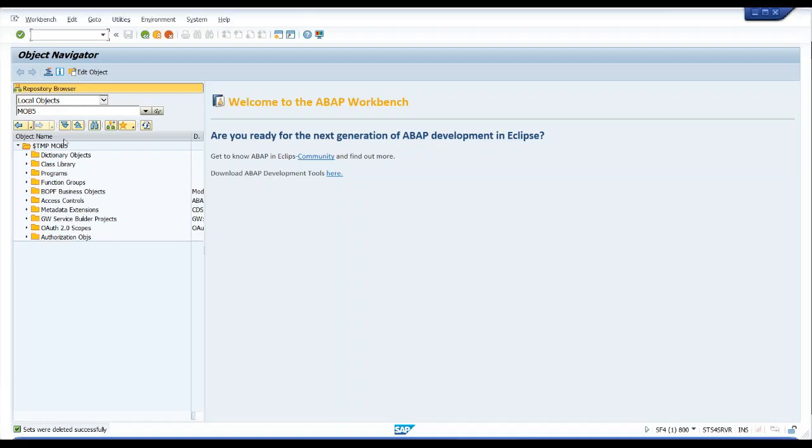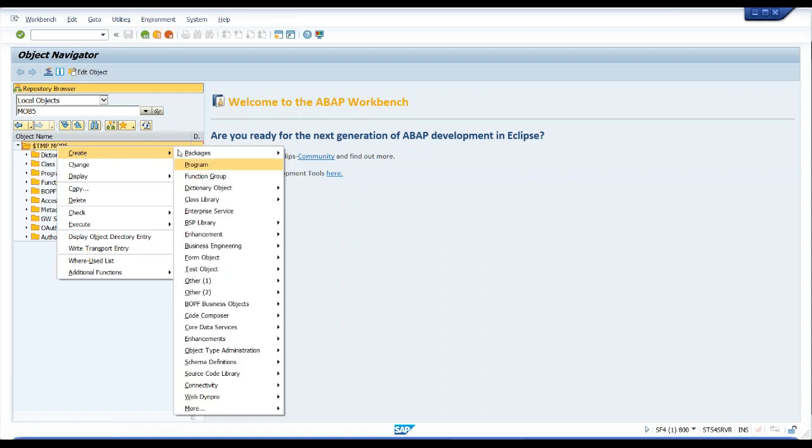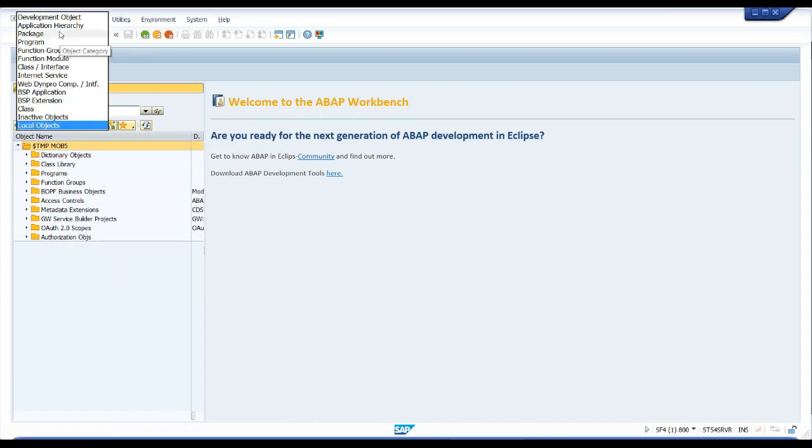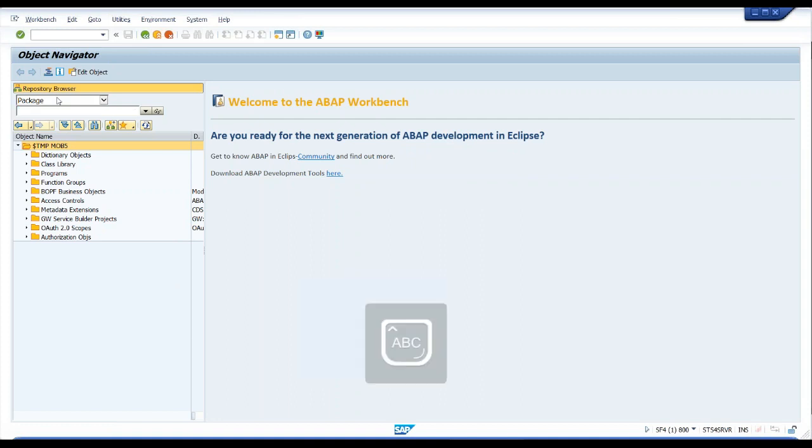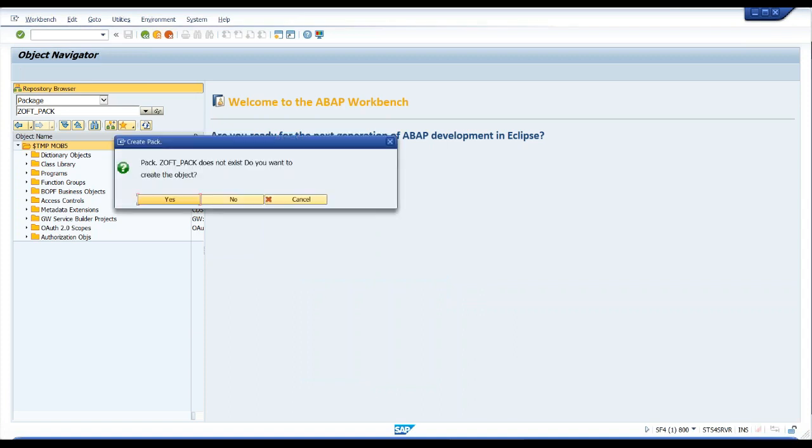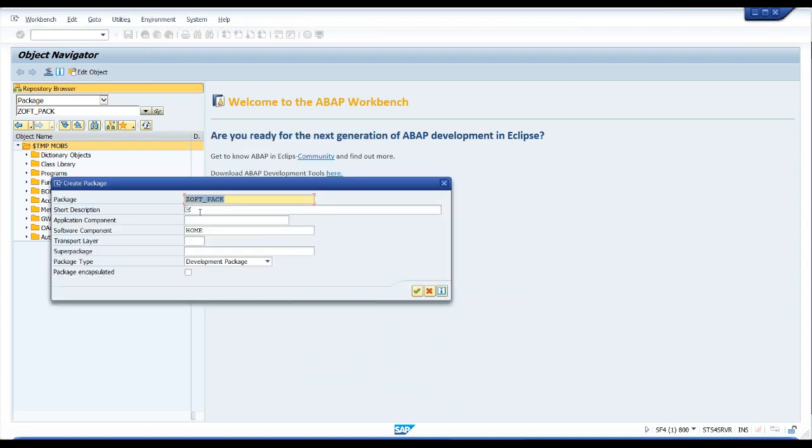Maybe I just quickly go back and create a package inside of my ABAP system. So let me just go ahead and create a package over here. Say create. Maybe I just go directly choose a package here and just give a package name, say Z OFT, Online Fiori Training package, and say display. Since it's not there in the system, it'll ask me to create a package. Yes, I would say yes, I want to, and just give a short description, my custom development, and just creating